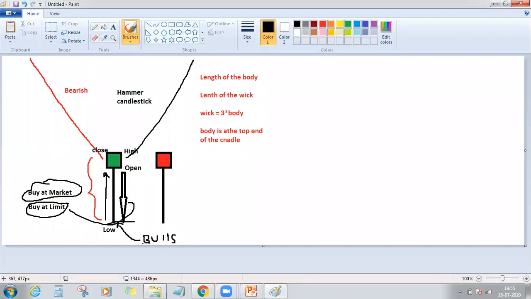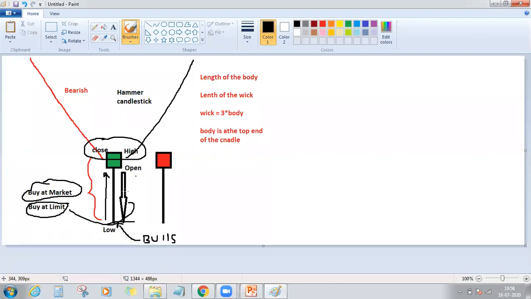The price rejection from the bottom. Why is there a price rejection from the bottom? Because there is a huge demand for the stock below this open price. Everybody was thinking that the stock is now available at a cheaper price. Yes, the sellers are rejected at the low. Buyers won the fight at this area. And why did the bullish rally sustain here, why did it start immediately? Because the closing price was equal to the high price, so buyers are in a mood to continue the price on the top.